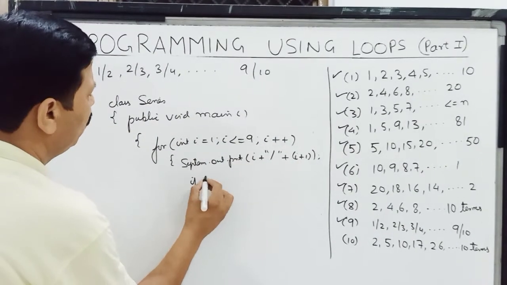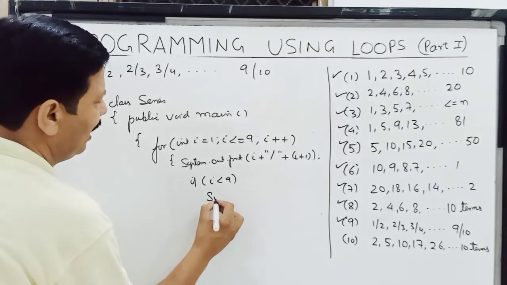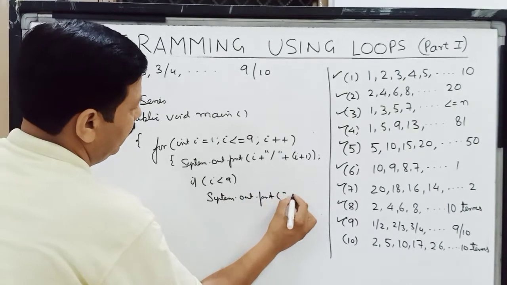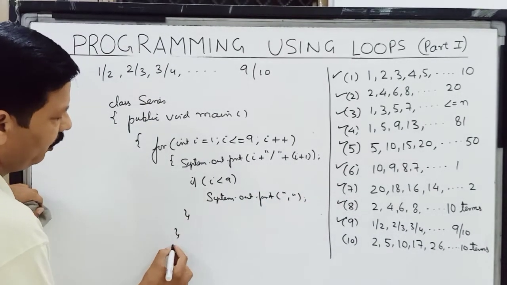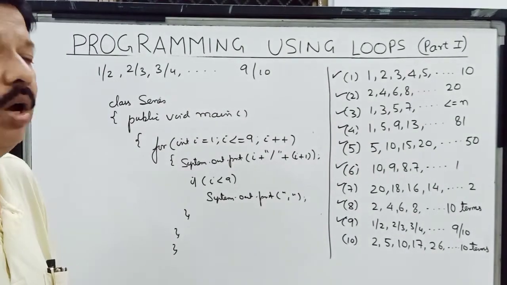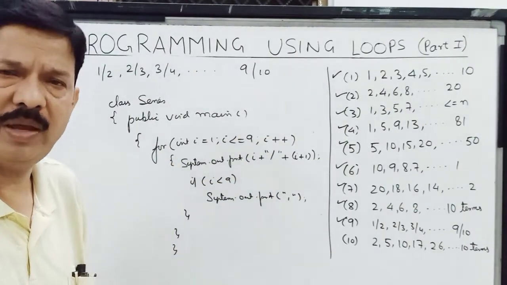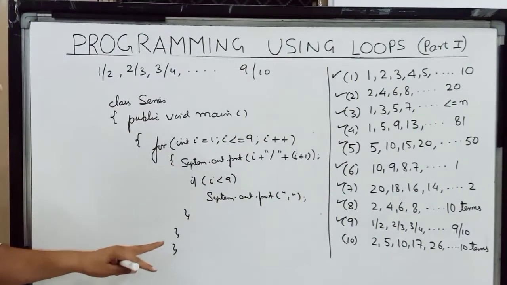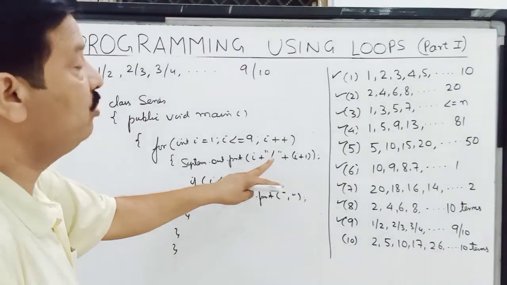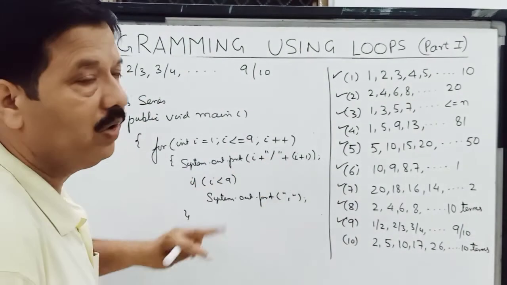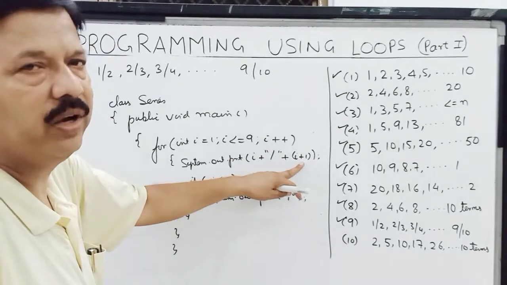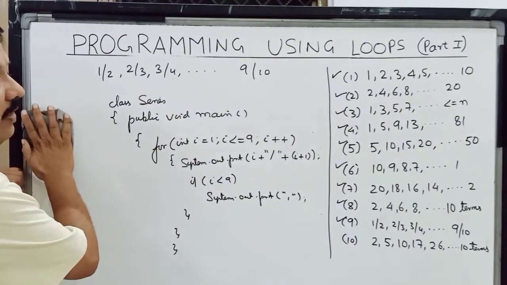And for a comma, we are going to use if I is less than 9, since 9 is the last term. So we say print a comma. Now children, if possible, try to execute these programs on computers also, so you will know how these outputs are coming. You will get exactly the same outputs. So children, I hope this series is clear to you all. Here I have used this slash sign within double quotes. I have used it as a string, so this calculation will not take place. Only this calculation is taking place, and since it is in a bracket, it will get executed first. So this series is clear, children.